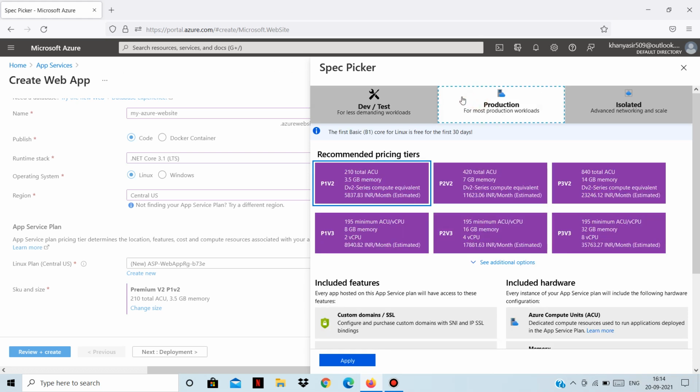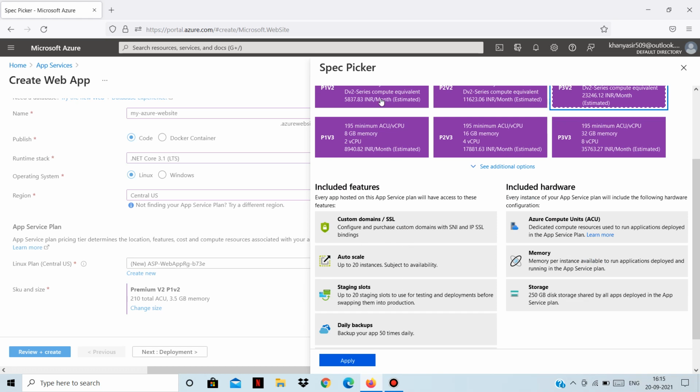Then comes the production. Production is for production workloads. It also provides us with a large number of features, like you can have 7 GB of RAM, 14 GB of RAM based on your scenario. Here you will get the auto scaling feature. It means Azure will automatically scale the number of virtual machines that will be running your application based on the demands.